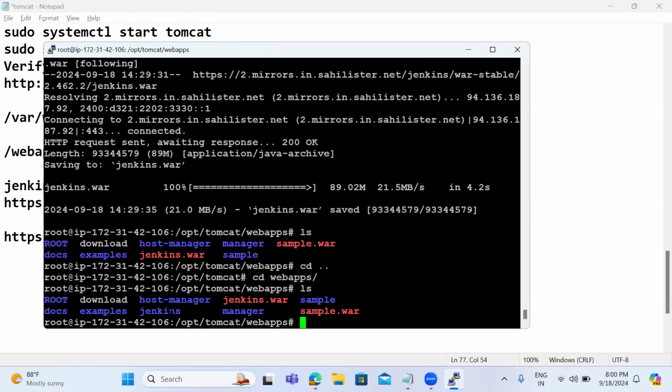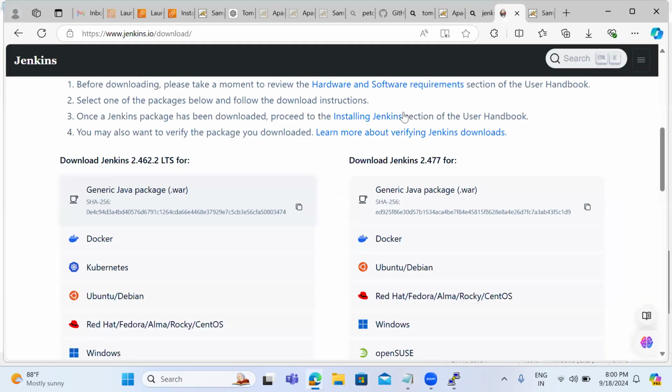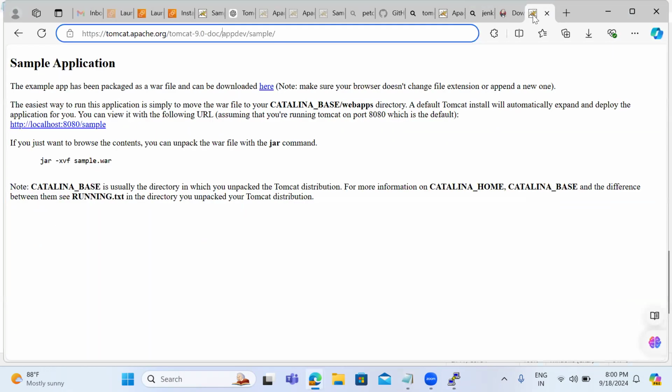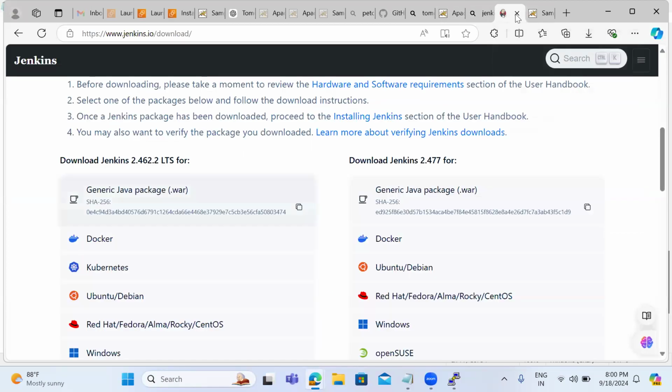What we need to do, say in that use case, is restart our Jenkins server. We need to restart our Jenkins server. Then in this use case, I'll open my Jenkins.war instead of /sample. What I need to give for the Jenkins is